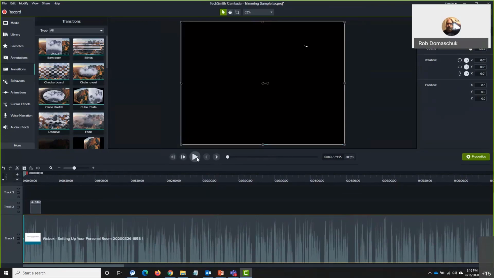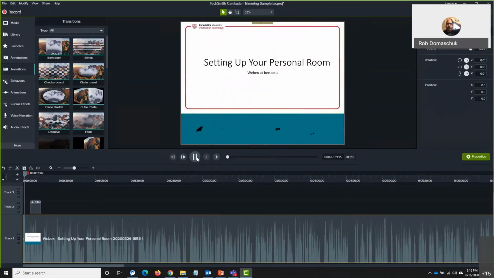We go from black. Now, I actually have some audio right before this mark right here. I don't know if the system audio is coming across, but this is where my playhead is right now, which you can see is at the 1 second mark. I have some audio right in front of that I don't want. I need to get rid of that. So this is the next thing we do, which is